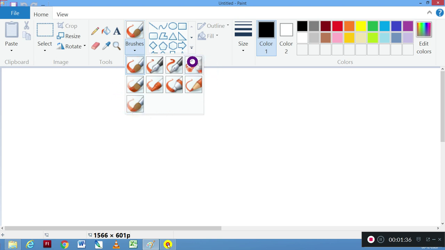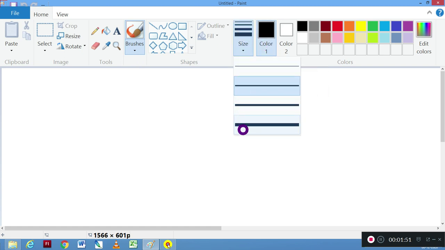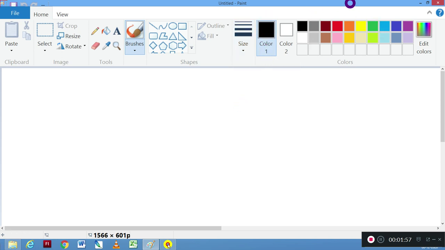Children, first we will explore the different types of brushes, because we are learning to use the brushes tool. So let us select the first one, and we can select the size. Let us select a thicker line, 5 points. And we can select a color for it. We will choose green color and just click and drag. This is our drawing area, so just click and drag. We are just seeing how the different brushes work.